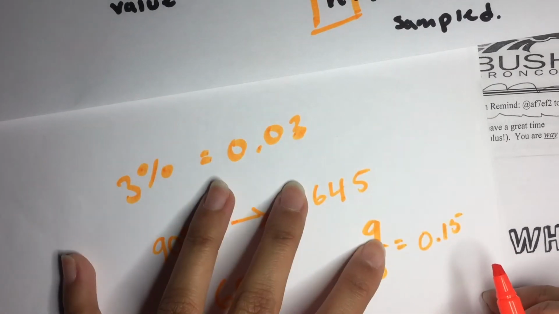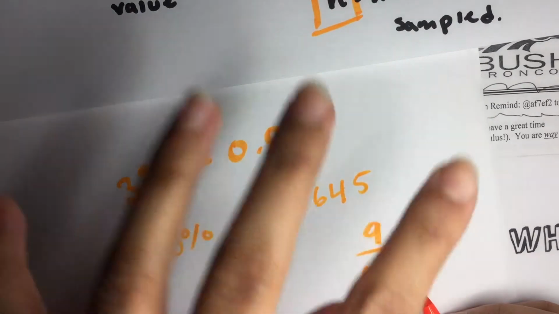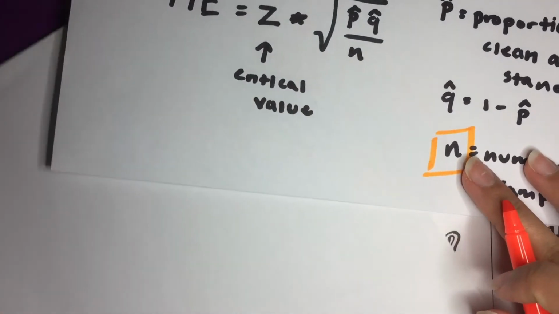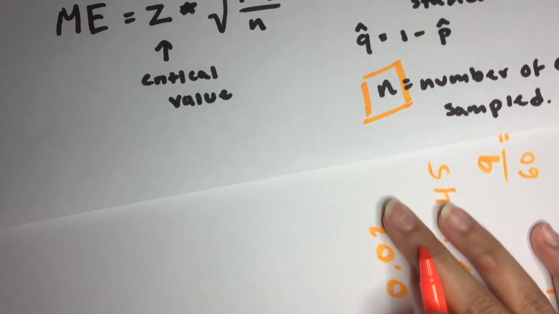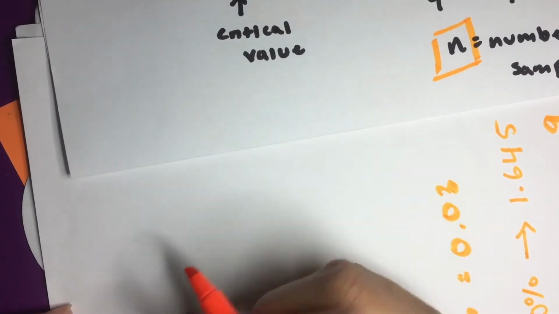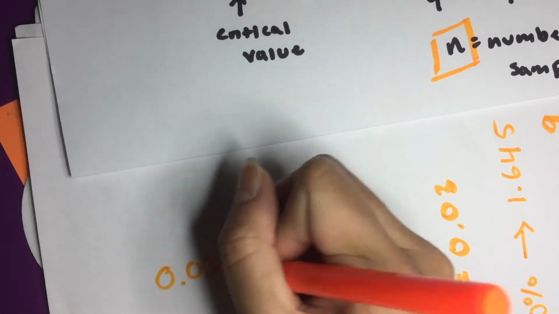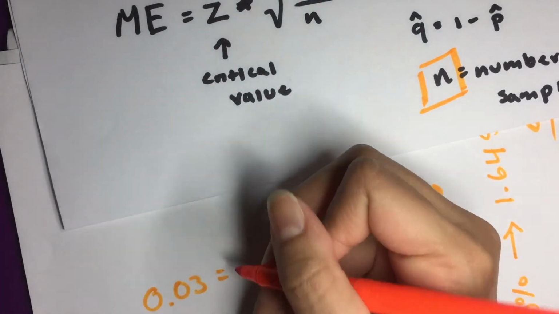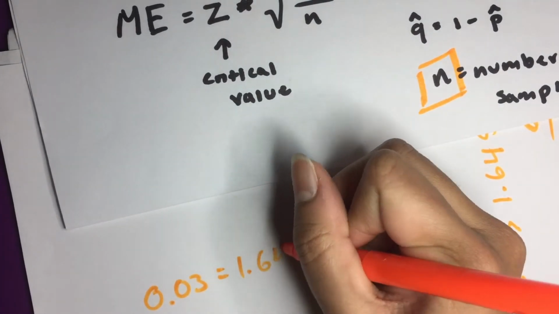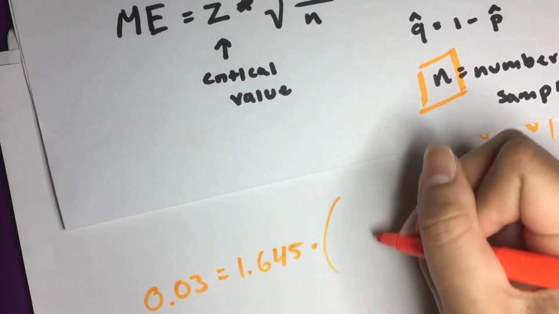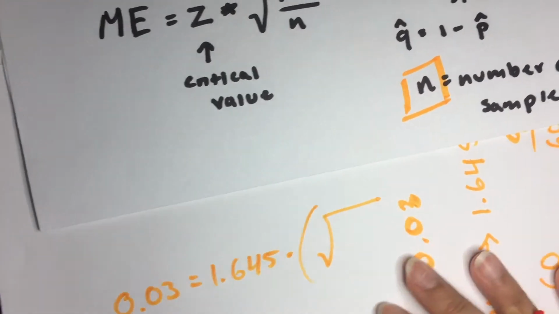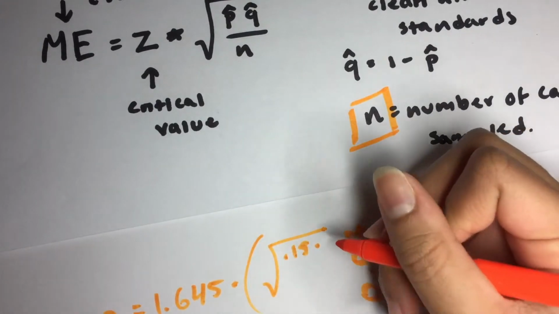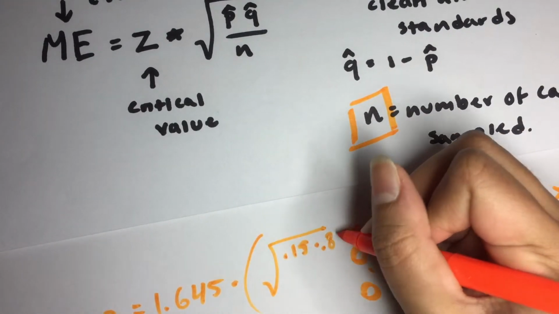So now that we have all this information, we can essentially plug it back into the formula in order to find our n value. So we have margin of error, which is 0.03, is equal to the critical value, which is 1.645, times the square root of p hat, which is 0.15, times q hat, which is just 1 minus that, which is 0.85,